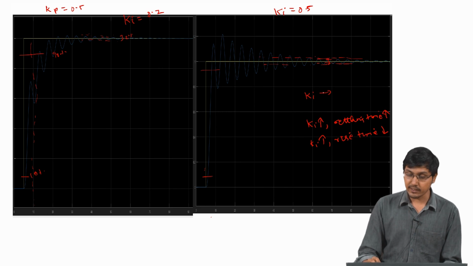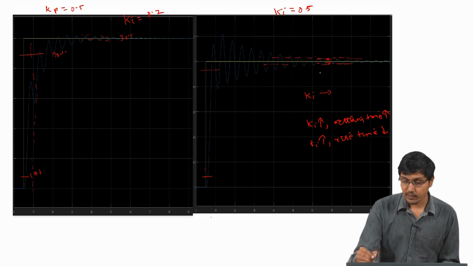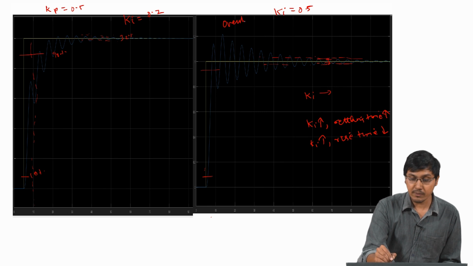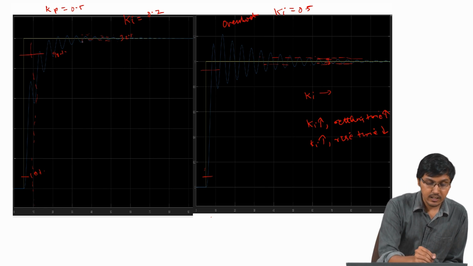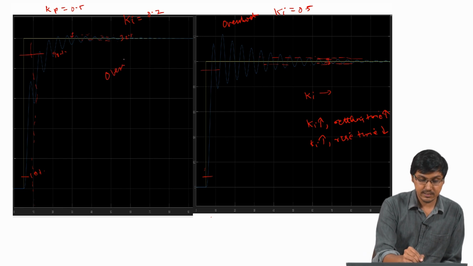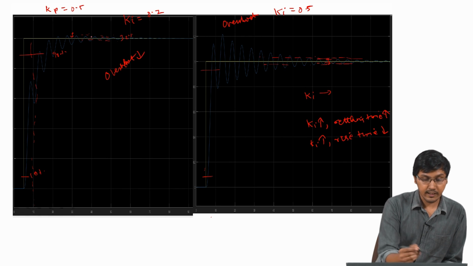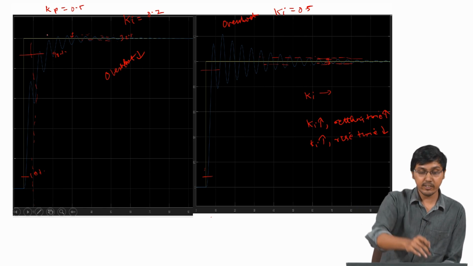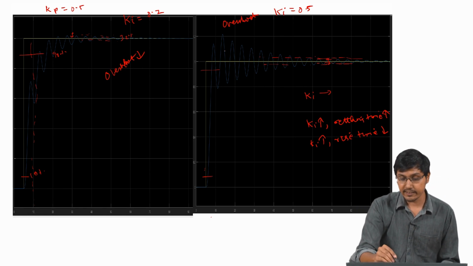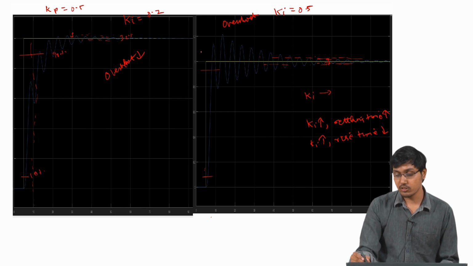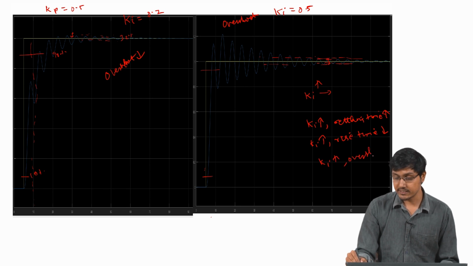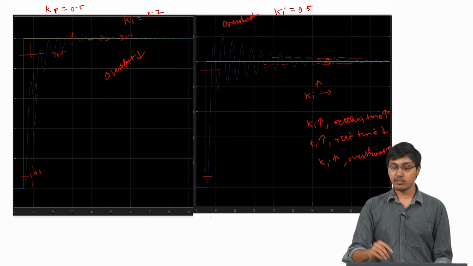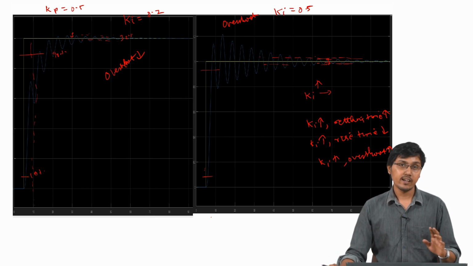And the other thing that we will see is how much it shoots over. If you could see here, after the final value it has crossed only a very small level. So, here overshoot is very less. After this is the final value, how much above the final value this has gone is very less here, but here how much above the final value it has gone is very high. So, increasing the Ki actually increases the overshoot value. This is something that we can remember. So, these are the responses that we have for an integral gain.